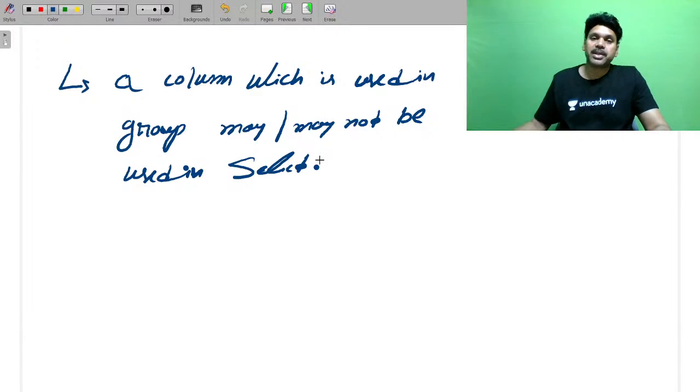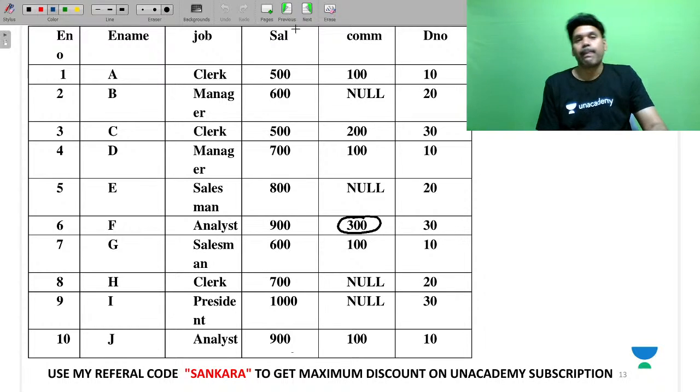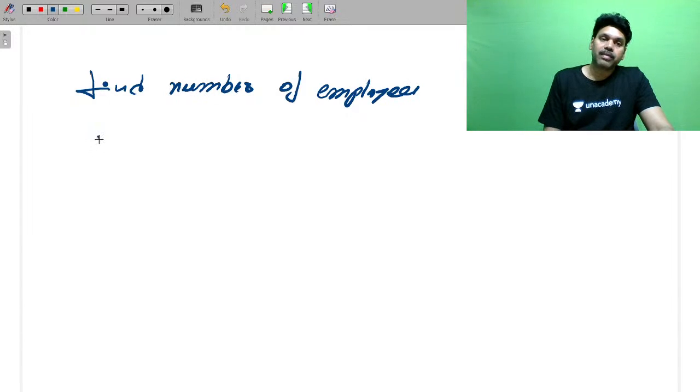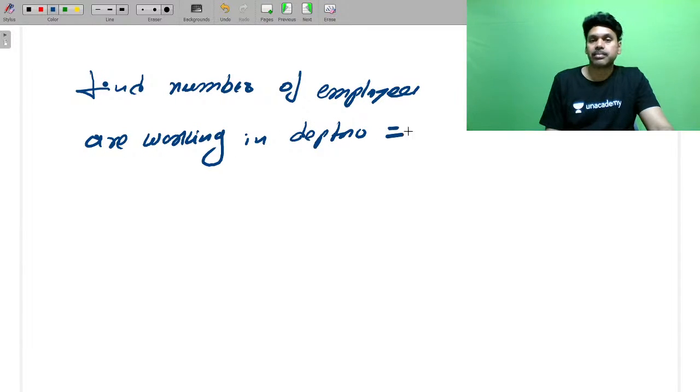So how will you write queries using GROUP BY? Please listen. The question arises like this: find the number of employees working in department number 10,